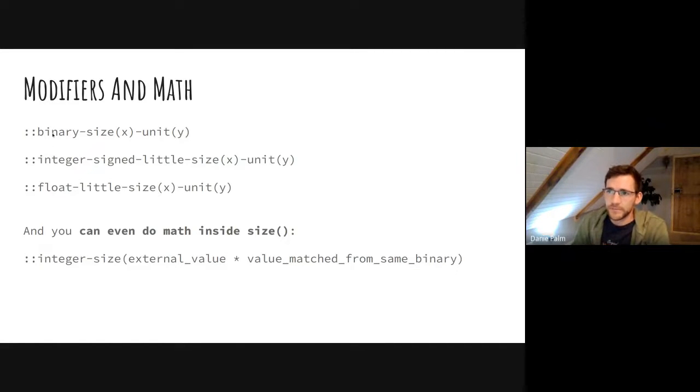The first one is binary. So you can say that this data that I've given you is binary. Modifiers are important when you construct a binary, and also when you match stuff out of a binary. Along with that, you can indicate a size, and you can see that these modifiers are separated with a dash. The order doesn't matter. You can put it in any order you want. You can leave some of them out, and then it will just default to whatever the default is.